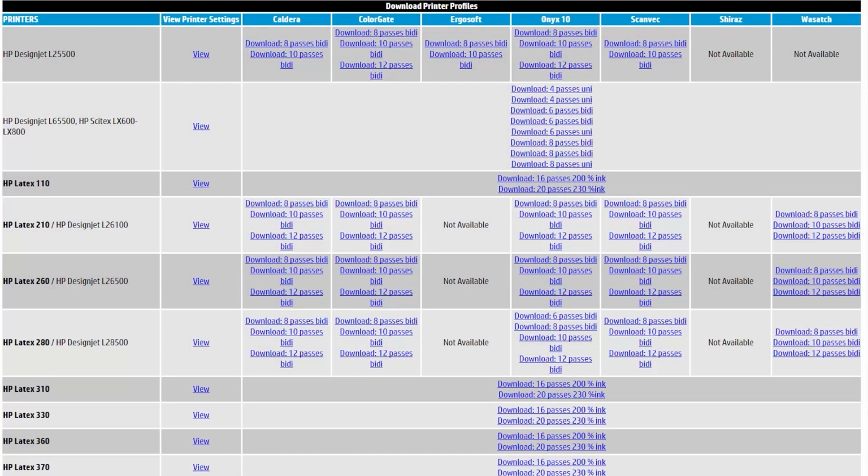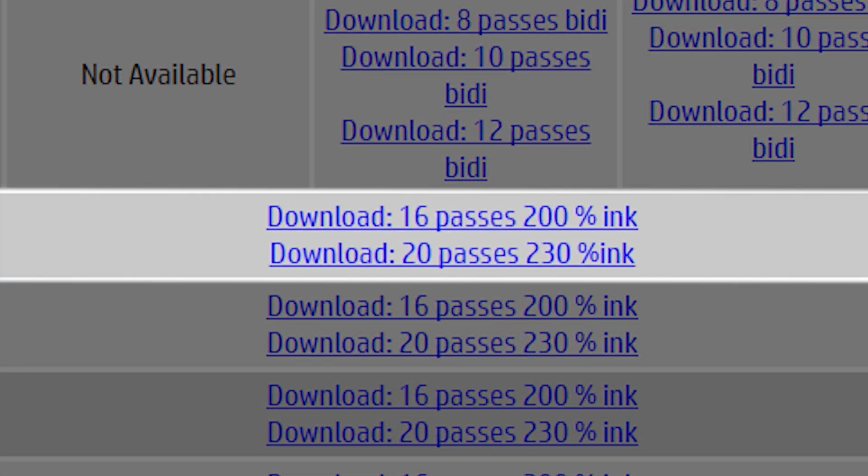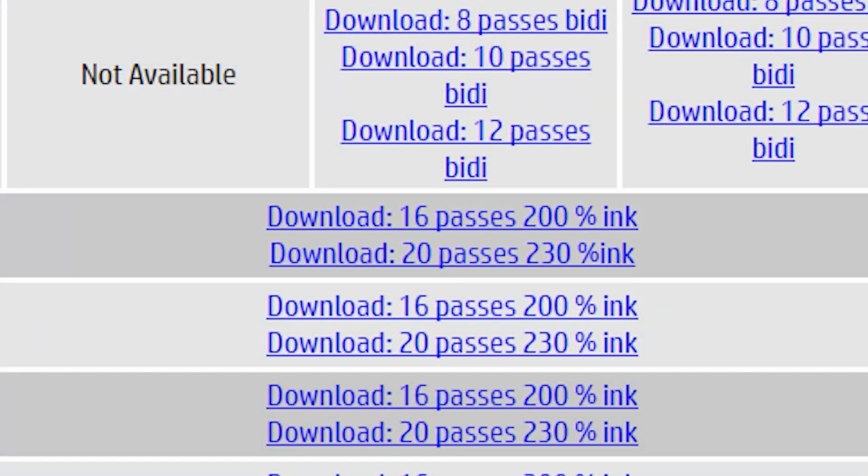So what you have here is a preset where you have two choices. You have 16 pass 200% ink and 20 pass 230% ink. Now those are very high ink loads, but keep in mind this is a window perf. The goal of a window perf is you're going to put it in a window, either a vehicle or in a window in an office, and you need to be able to see color even though you removed all these holes. So maybe 20 or 30% of the image is going to be removed, and that's going to change the appearance. So we're putting a high ink load down so that we can compensate for all the removed holes, because that's what you have with a perf.